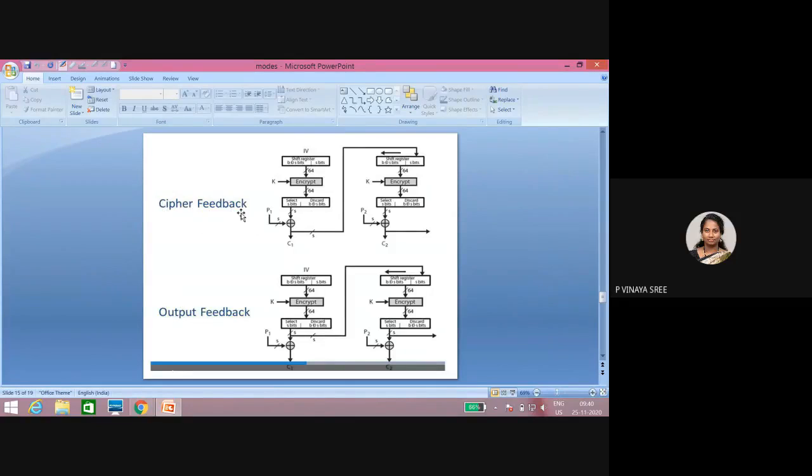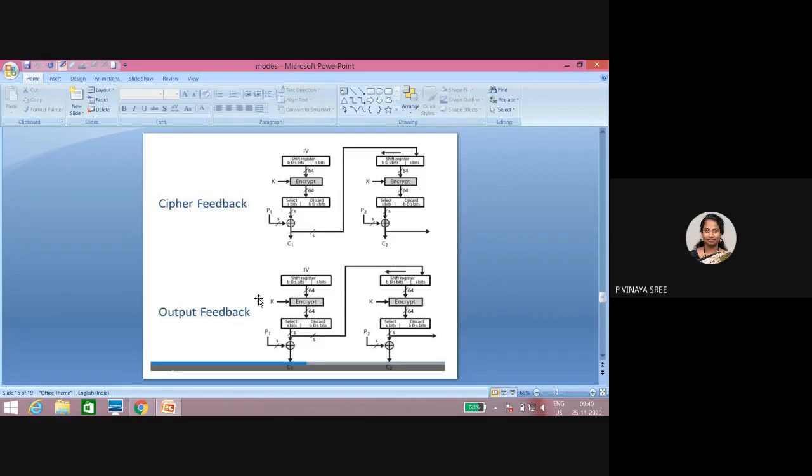So in cipher feedback mode, we are taking the initialization vector of 64 bits, encrypting with the same key size of 64 bits, and finally the generated output is 64 bits. From these 64 bits we are considering only the most significant s bits. Why? Because the plain text size is only 8 bits. So from the 64 bits we take the most significant 8 bits and do the XOR operation. After the XOR operation, we generate a ciphertext of 8 bits. This generated ciphertext is given as feedback for the next one.